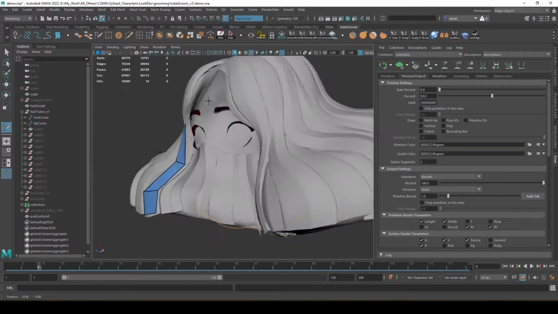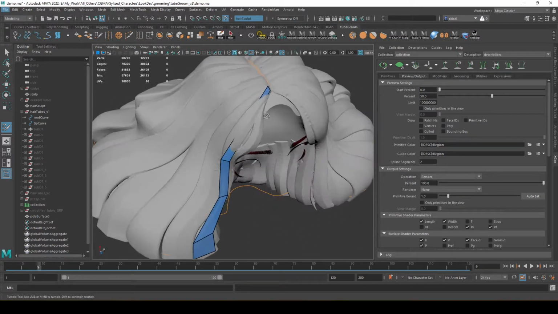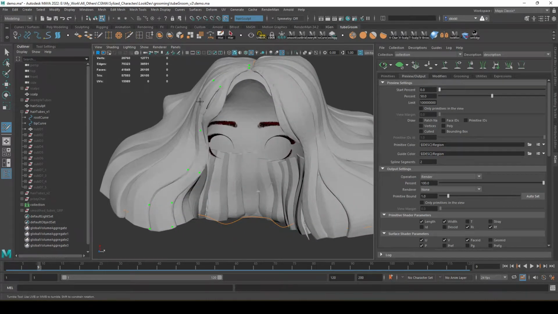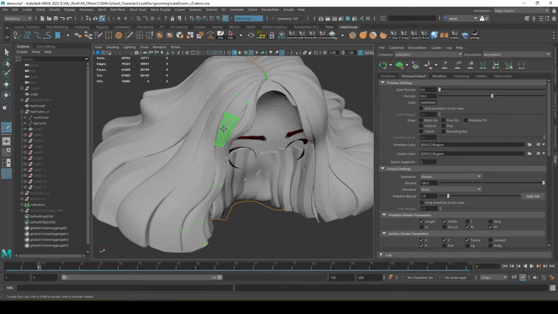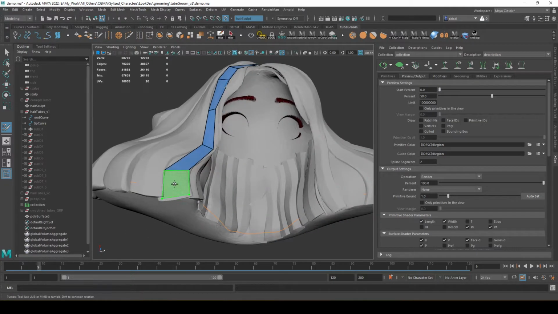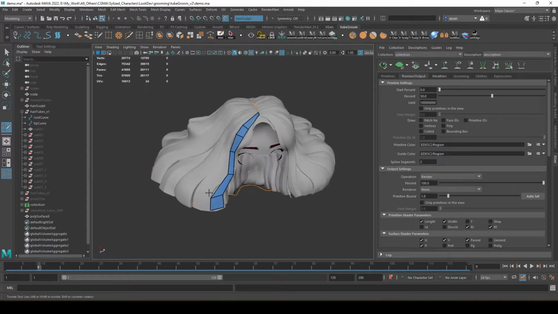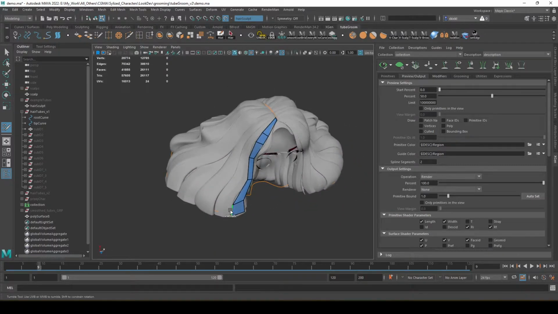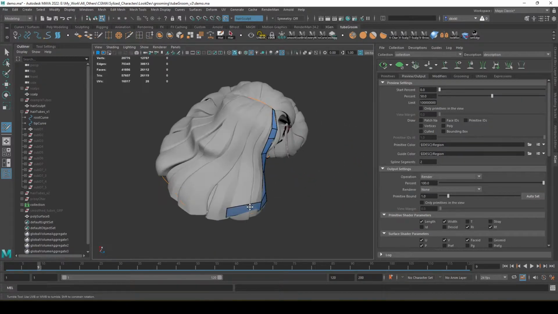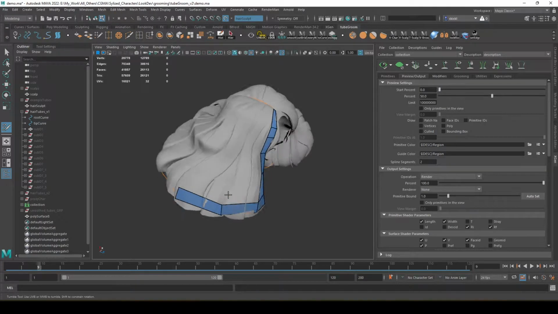And you can see I'm kind of not getting enough resolution in there, so I might need to add just a little bit more resolution, because it's going to be a pain in the butt to clean up. Come down here. There we go. And so we're just going to do this all the way around. And so I might just go ahead and do something like this, where I'm just going to extrude,